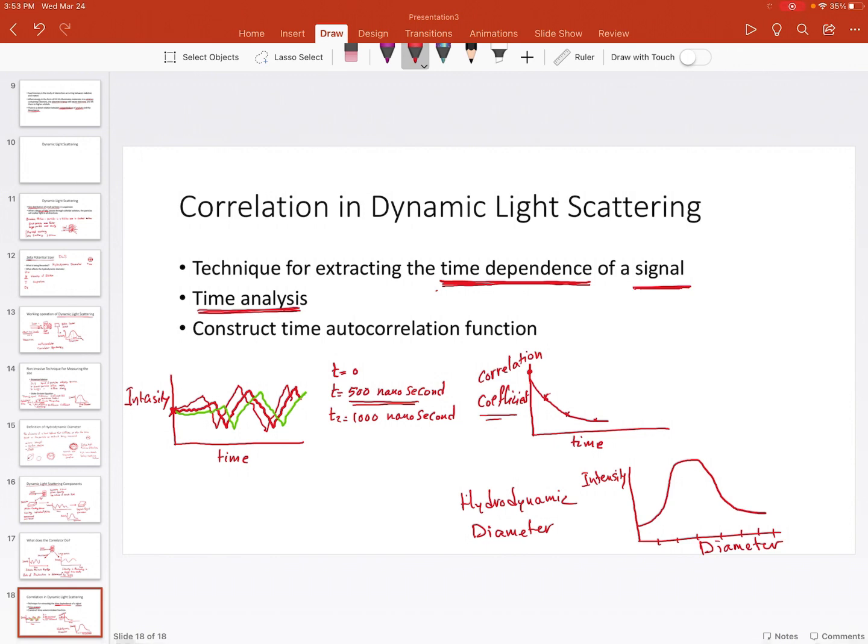Dynamic light scattering is a very common technique, one of the first techniques that we use to measure the properties of particles, especially if you have a sample solution and you want to make sure that you have actually made nanoparticles, and if you have larger particles, what is their size distribution? Are they micrometers, nanometers? And it's a very great technique that rapidly will tell you